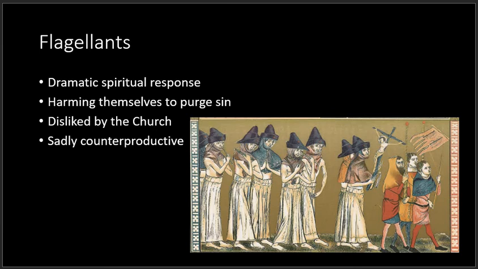Even the church was rather put off by them and tried to discourage the practice. But while the plague raged on, even the most desperate measures seemed reasonable. Sadly, moving from town to town in large numbers was a good way to actually spread the disease. Flagellants injured themselves, weakening their own defenses against the plague, not to mention spreading blood from their self-inflicted wounds. They could travel from town to town, taking the Black Death with them, even as they sought to ward it off.